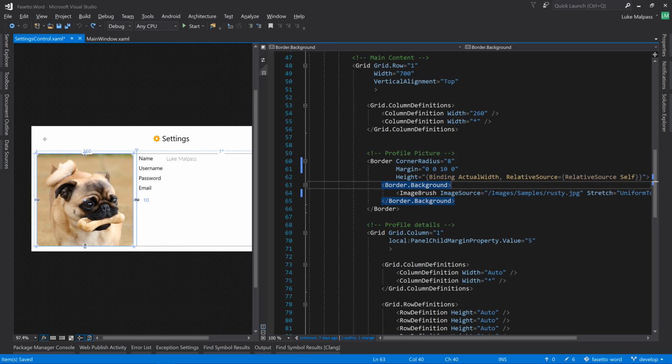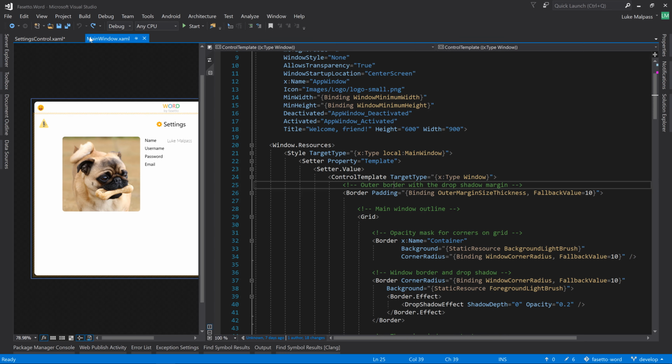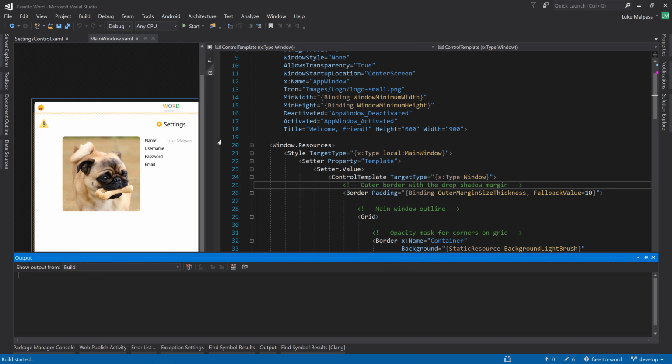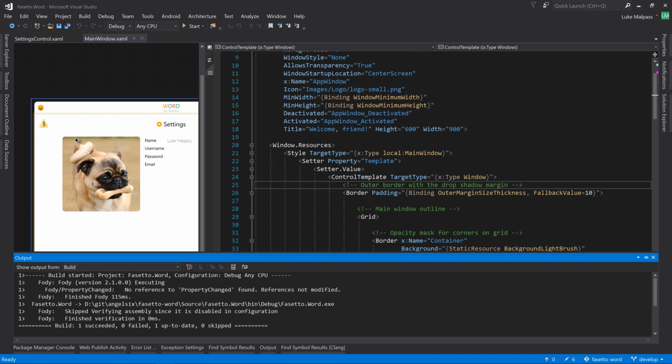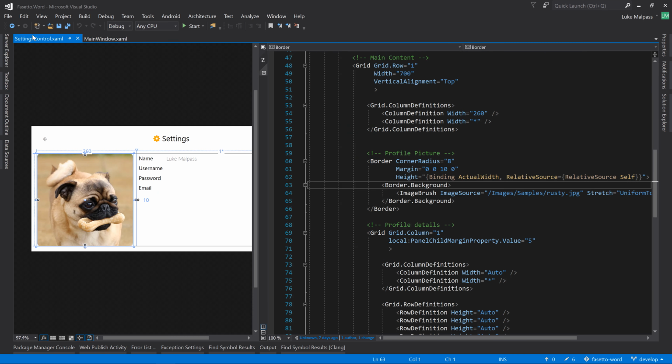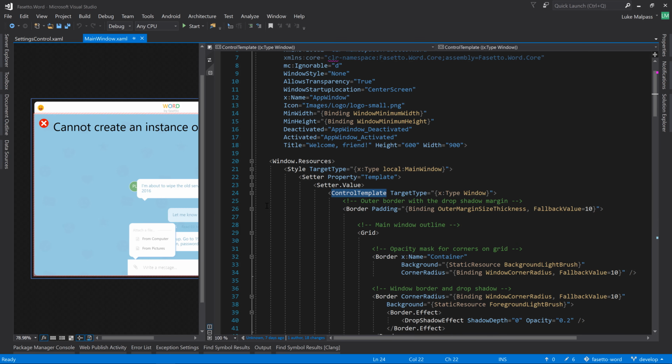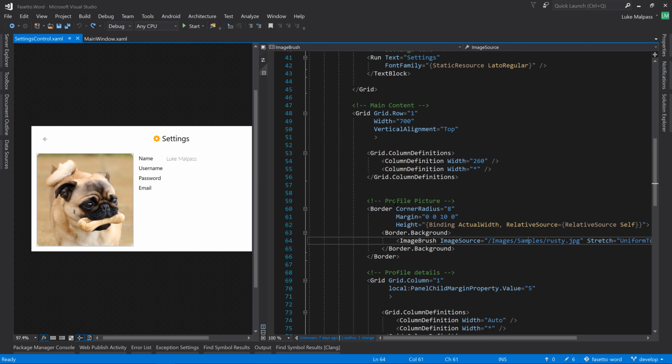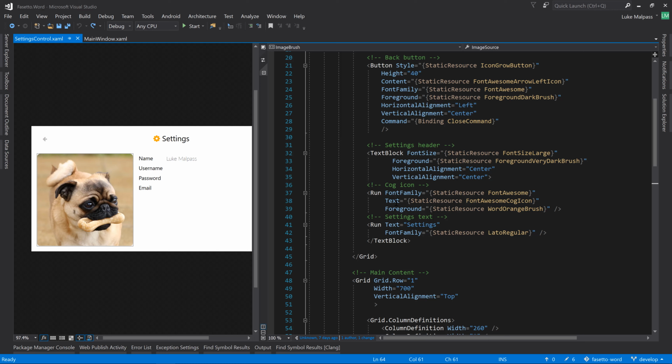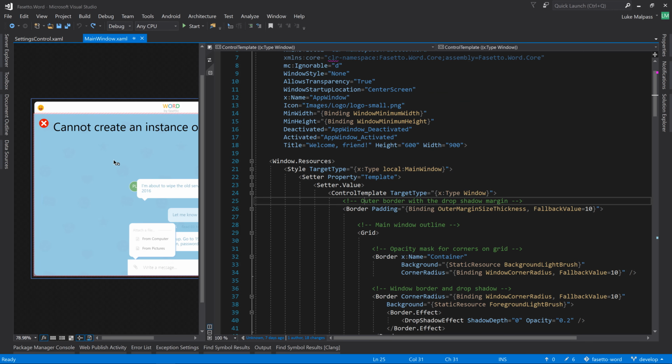I've got a feeling it simply doesn't like this image brush somehow. I think it's just again a little glitchy bug in the XAML in creating. It doesn't seem to want to create an image brush from a path at design time when it's embedded in another, a higher level thing. So although this clearly works, and if we run it, it works, we're going to end up with this annoying, really annoying